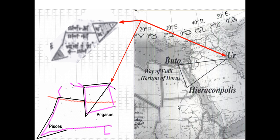So William Zipman, in his book called Egypt, Image of Heaven, postulated that what the ancient peoples did, like Egypt, as well as other peoples like the Syrians, was look at the constellations and map them to the earth. So you had a sky to land mapping. And remember the triangle in the Pisces sector from the K8538 planisphere? I show it being mapped to, this is what William Zipman does,